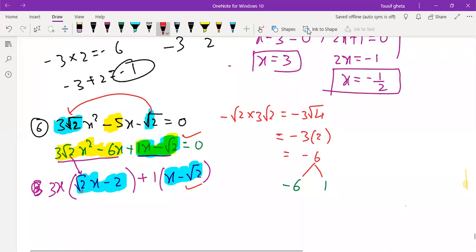So by thinking this is right, I should take common here. Here root 2 we have and here 2 we have. Still I can take common. In 2 and root 2 I can take common. Right? So in 2 and root 2, what will be common? Root 2 will be common. Okay. So I will erase it and I will explain once again so that you will get a clear idea about this.